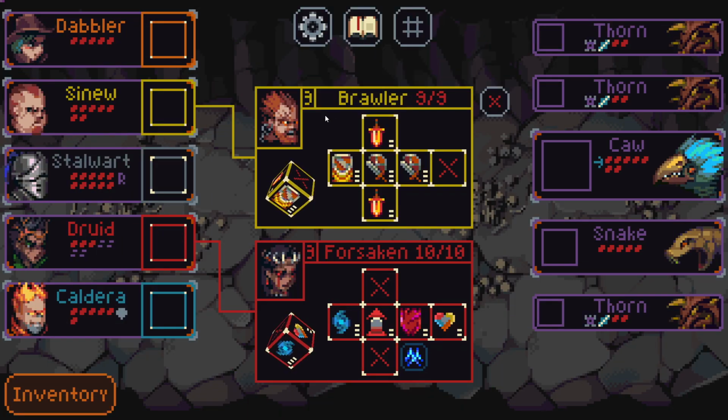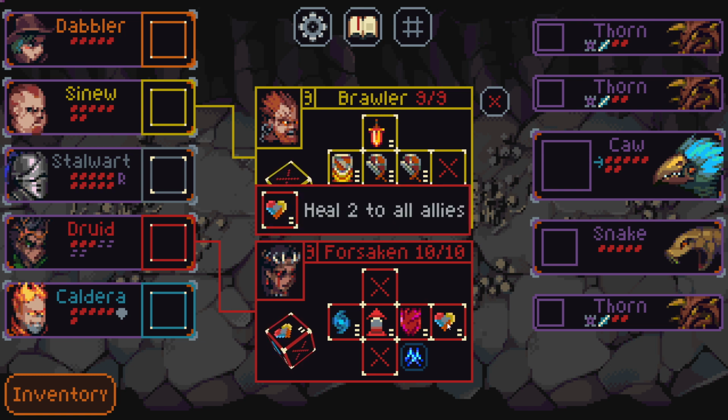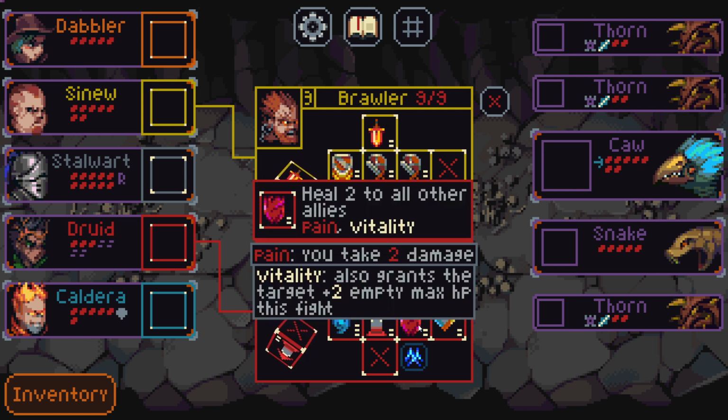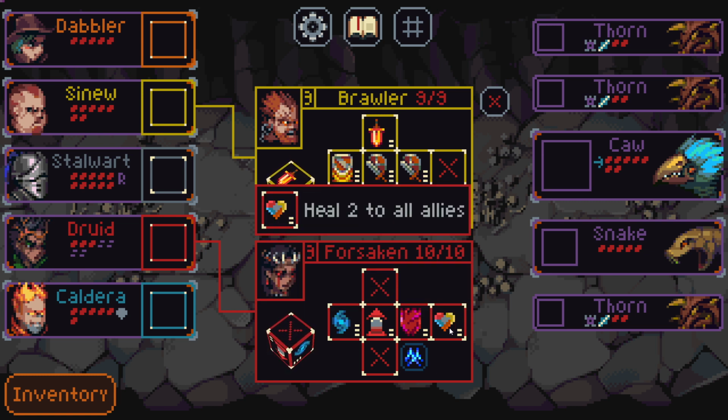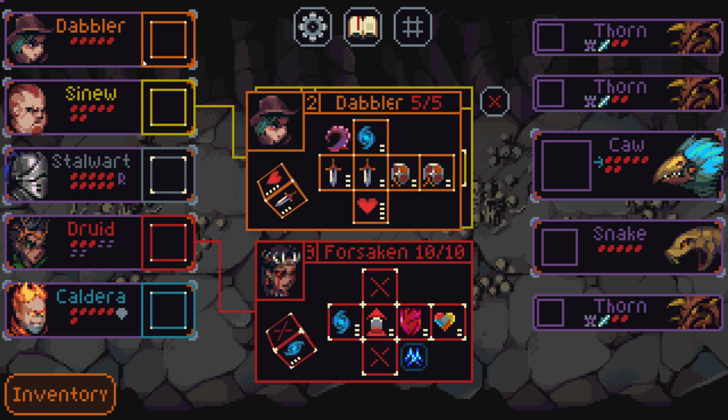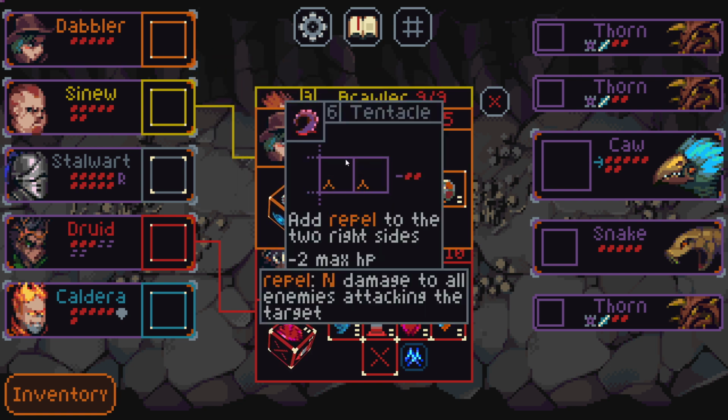Oh, we get a promotion. I should have looked at this first. We were just about to jump into the fight with this crew. Oh, we got the Forsaken Tentacle combo. So their right 2 sides heal 2 to all allies. I've had this in runs that we've played on my channel here before, and I didn't even try this. But the Tentacle, as repelled to the 2 right sides,